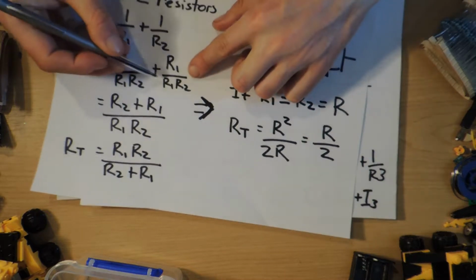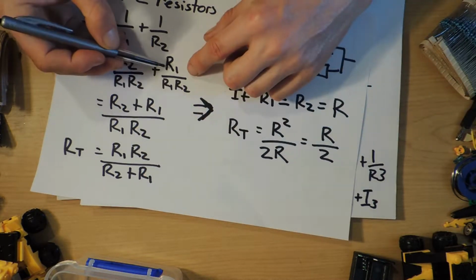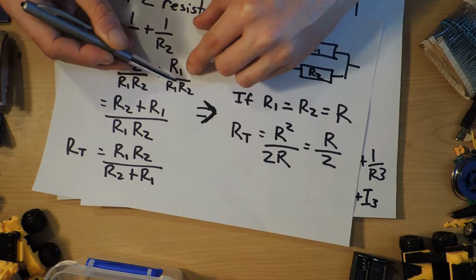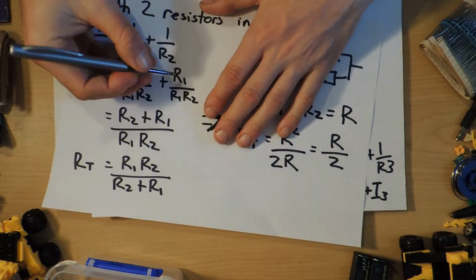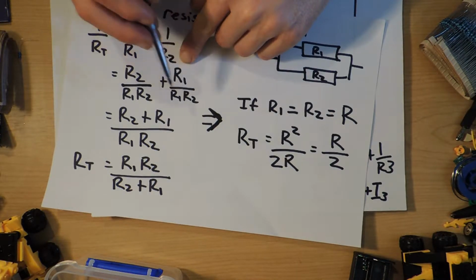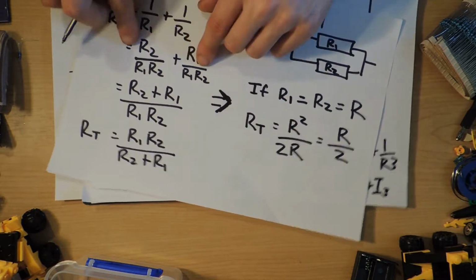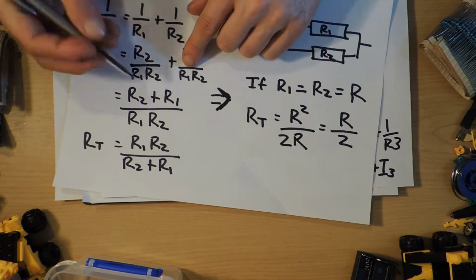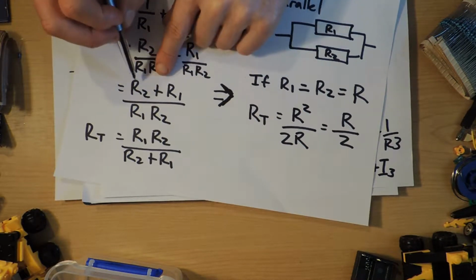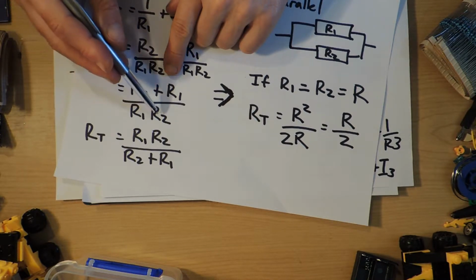Plus, I did the same trick here, so I put an R1 over R1, which is 1. So this is the same as this term. So 1 over R2 is the same as R1 over R1 times R2. If you don't know the algebra for this, it's like if I said 3 over 3 times R, the 3's will cancel out, and it will still be 1 over R2. So now we've got this equation, and the denominators are the same. So then we can link the two together, and we've got R2 plus R1 over R1 times R2